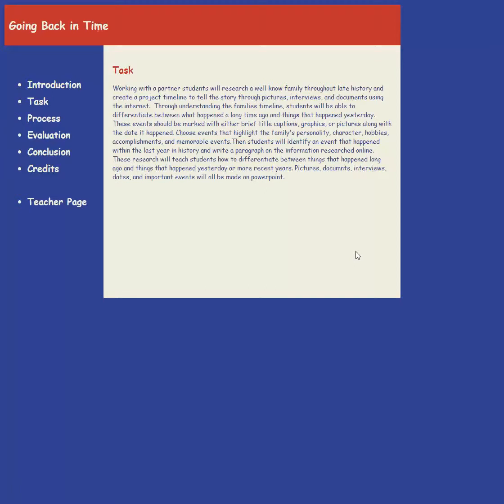Okay, the task. Working with a partner, students will research a well-known family throughout history, like we discussed, to create a project timeline to tell the story through pictures, interviews, and documents using the internet. Through understanding the family's timeline, students will be able to differentiate between what happened long ago and the things that happened yesterday. These events should be marked with either a brief title, caption, graphics, or pictures along with the date it happened. These events highlight the family's personality, character, hobbies, accomplishments, and